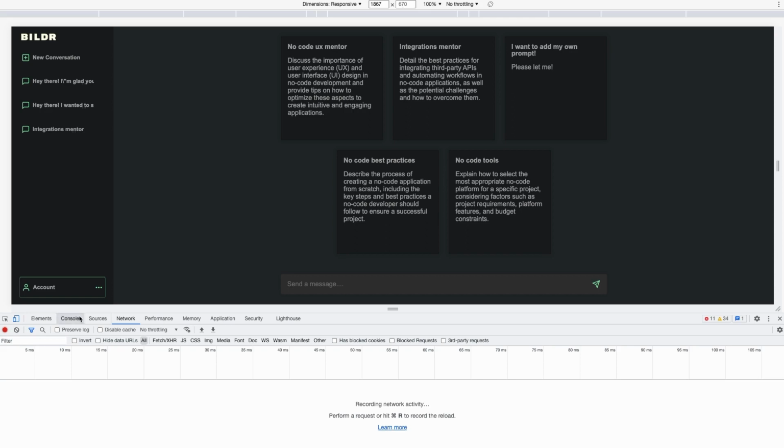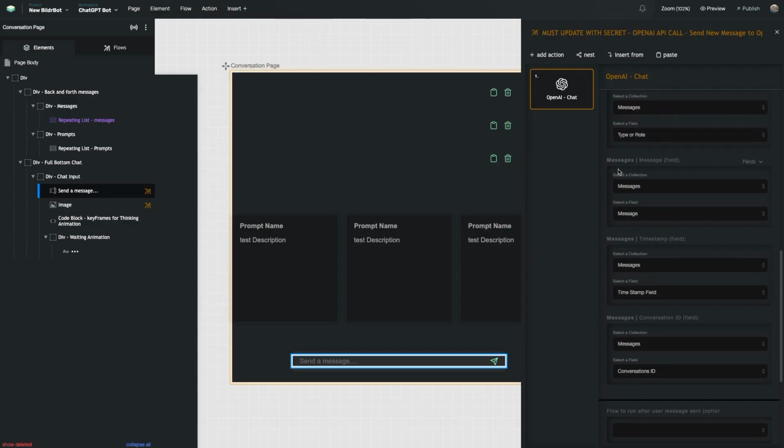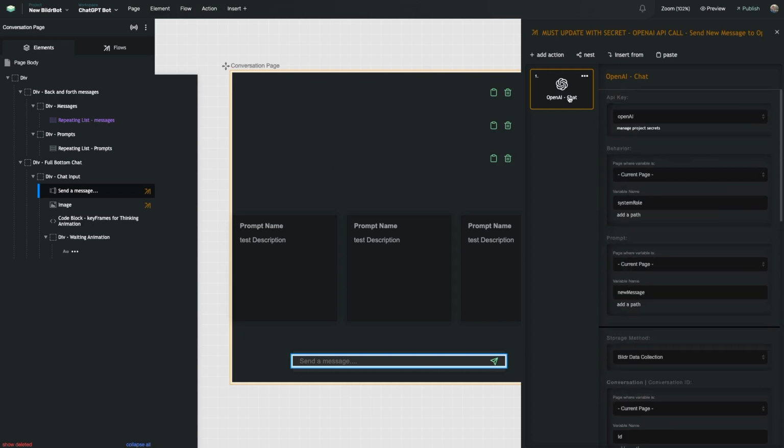And the more that you're going to be able to build your own applications and integrate this into whatever sort of software that you're wanting to build inside of Bildr. Or even if you build this on top of other software and you integrate it through a widget or a Chrome extension, whatever that is, we want to make sure it's easy for you to do that, which requires you knowing how it works. So let's go back into our studio here and take a look at our OpenAI chat